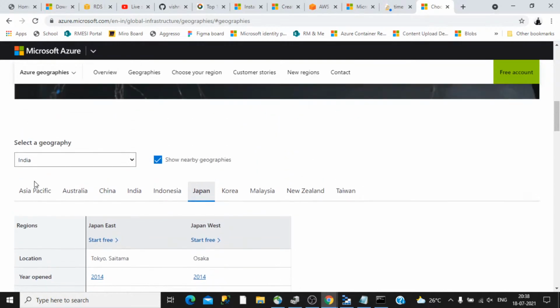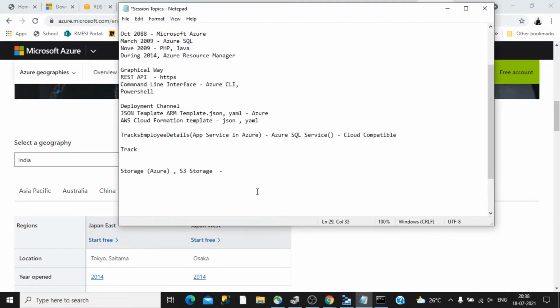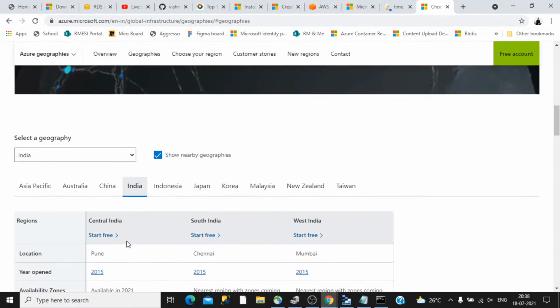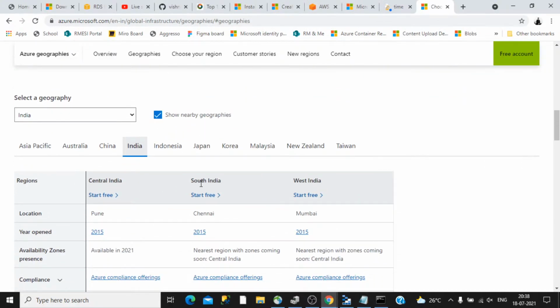The cloud provider, based on a particular geographical area, creates a boundary, and that boundary is called a region. If I choose something like South India, this region will have an associated data center in place, and we will be storing our resource inside that data center.